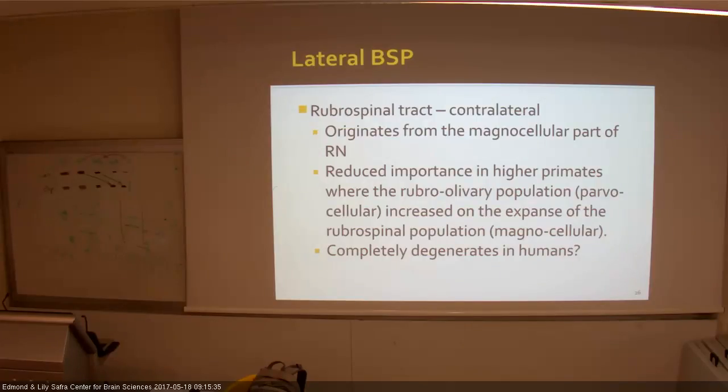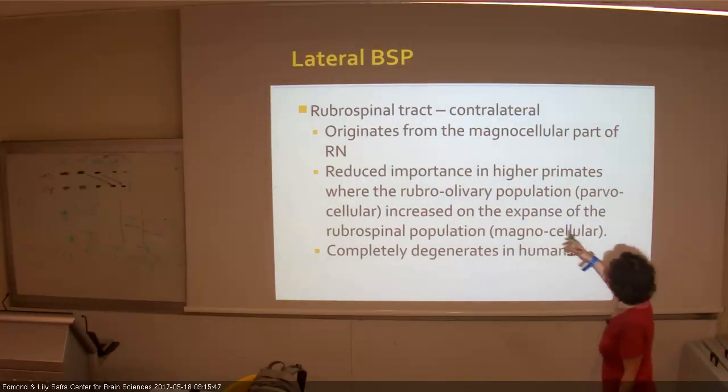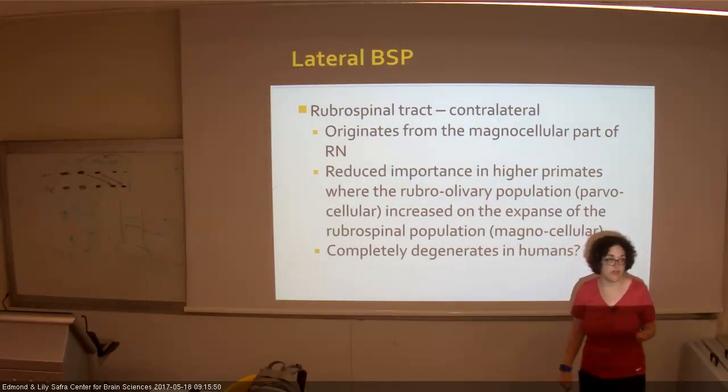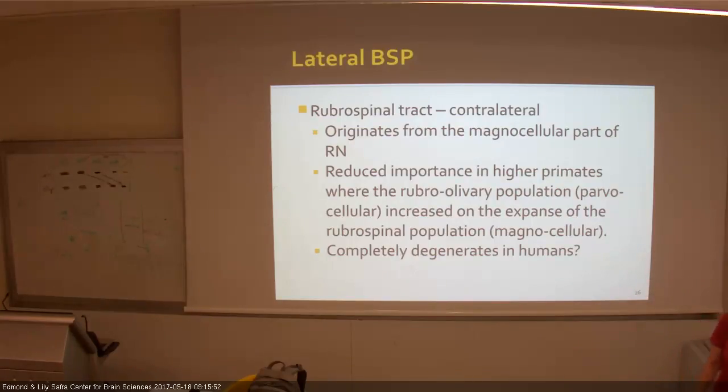In human, this is only a very thin sheet of neurons that surrounds the parvocellular part of the red nucleus. So generally, the rubrospinal tract is considered to lose its importance in higher mammals, in primates, in